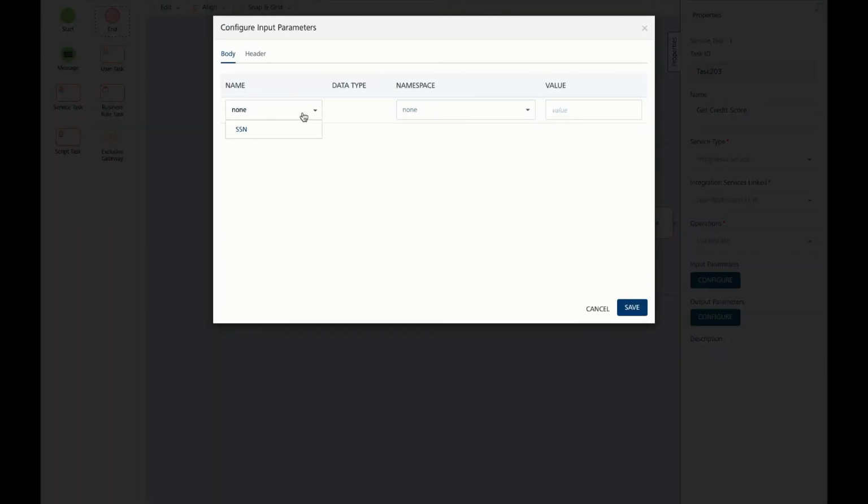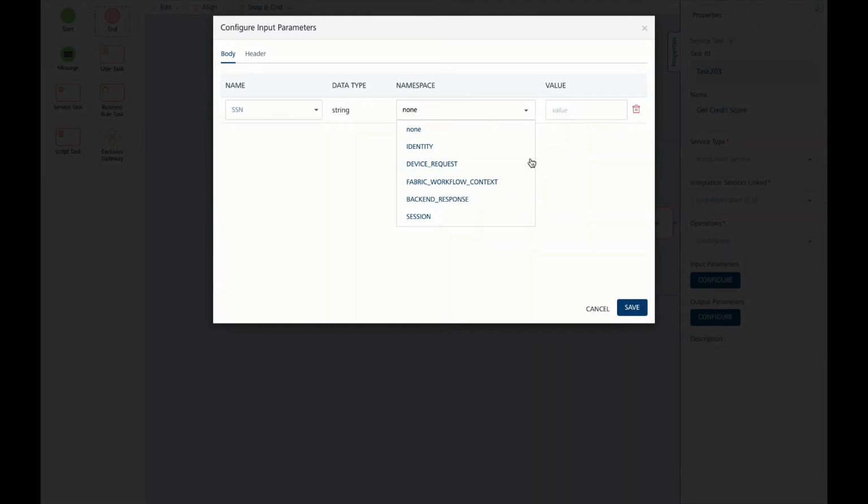This service is expecting SSN as an input parameter. Here you can see a set of namespaces like identity, device request, and so on. These namespaces determine where the data is coming from. If the data is coming from a device or a client tab, we use device request. Or if the data is coming from a backend service, we use backend response. Fabric workflow context acts like a cache, which is maintained throughout the life of the workflow instance. You can learn more about these namespaces through documentation.